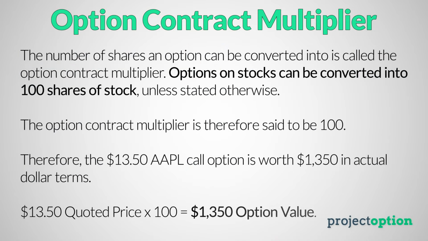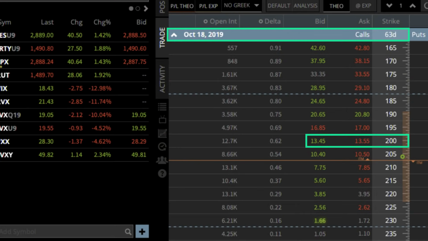There are two basic concepts that you need to understand here before we move forward. The first basic option concept that you need to internalize here is that options are quoted on a per share basis, and a standard option, such as an option on Apple, can be converted into 100 shares of stock. All this means is that we need to convert the option's quoted price into its actual value by multiplying the option's price by the option contract multiplier of 100. This means if a trader purchases the Apple call option for its quoted price of $13.50, that trader actually needs